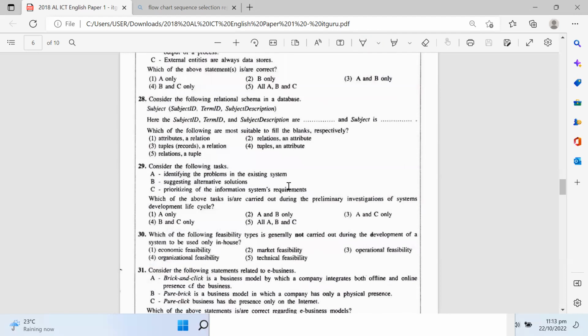Consider the following relational schema in a database. A relational schema is actually a logical representation of the table. Subject is the table; subject ID, term ID, subject description are the fields. Here,